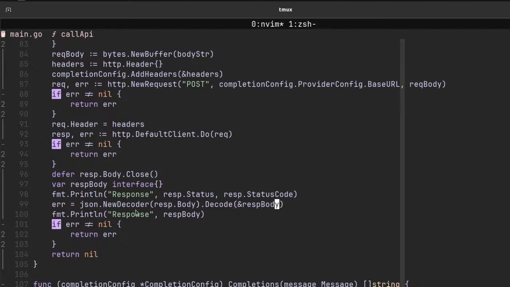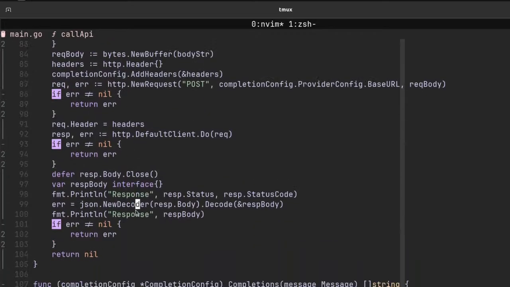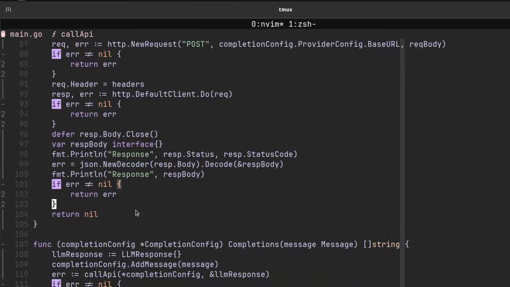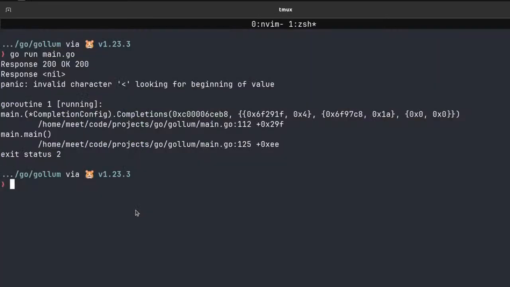It's 200 and null still. I've created the value, so it should